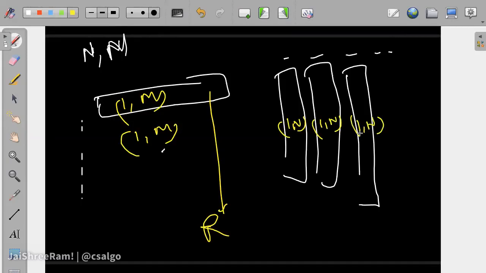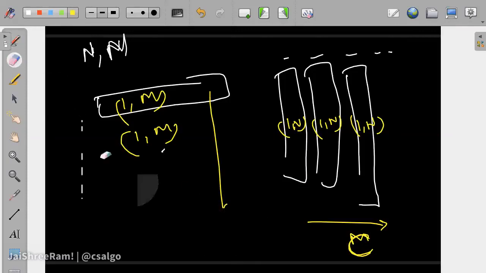Okay, right? So there are in total r elements, and in total there are c elements. R and c are the rows and columns. So this is n and m. So n is equal to r, and m is equal to c. Like they are both the same. N is the number of rows, m is the number of columns, r is the number of rows, and c is the number of columns. So they are interchangeable, right?